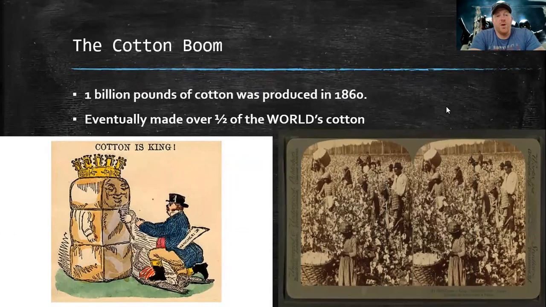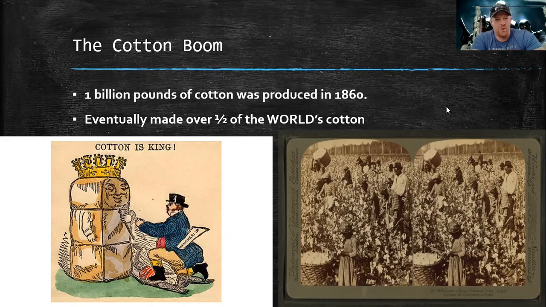All right. Now, what happens is we have a boom in cotton. Okay, in 1860, 1 billion pounds of cotton was produced. 1 billion. We made over half of all the cotton in the entire world. Think about that. One country made over half, and it was the United States. Now, why is this important? Because it's going to prevent Southern society from really embracing other forms of